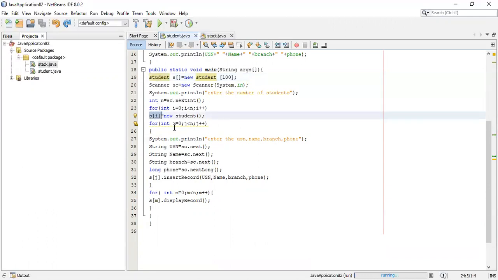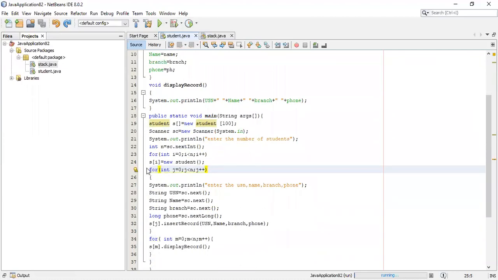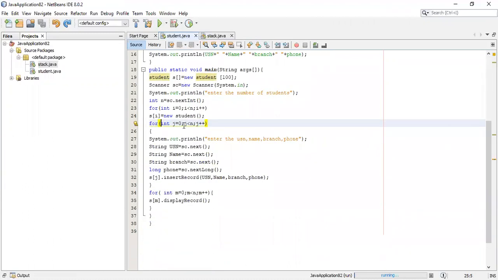Suppose you have two students whose details have to be created, then two class instances are created. One is S of 0 and one more is S of 1. So S of 0 will have the USN, name, branch and phone number of the first student, and S of 1 will have the USN, name, branch and phone number of the second student.